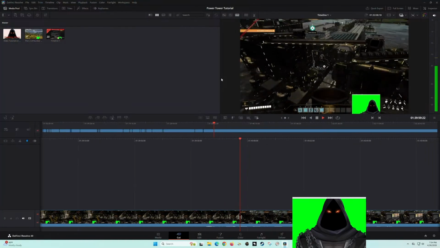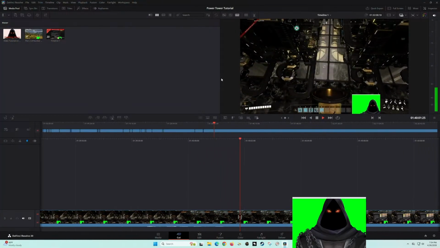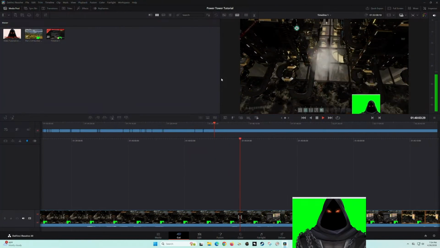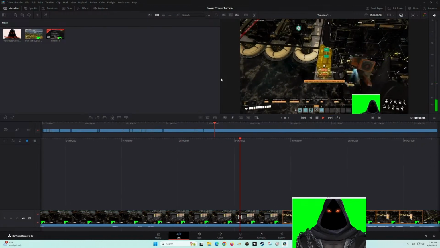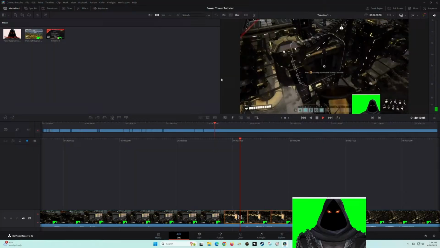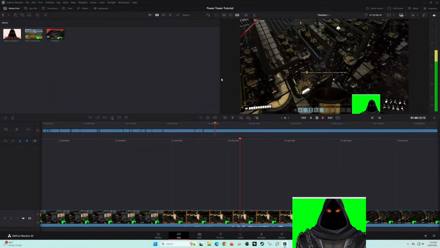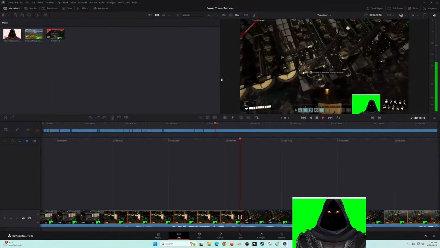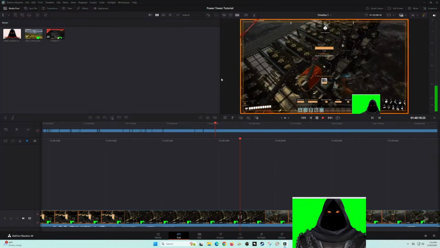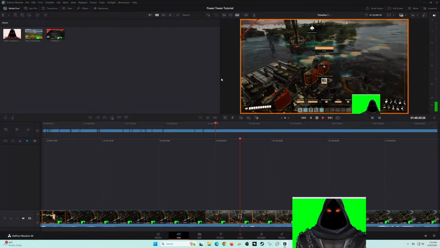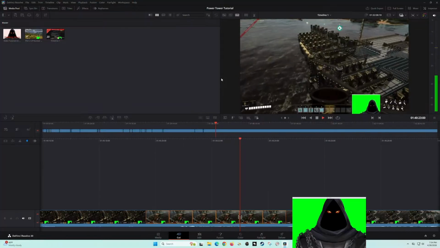Again, I'm just filling up all of these bins with empty canisters. I think that's all you need. I don't think you have to do more than, how many is this? This is 8. I don't think you have to do more than 8. I think 8 is fine.